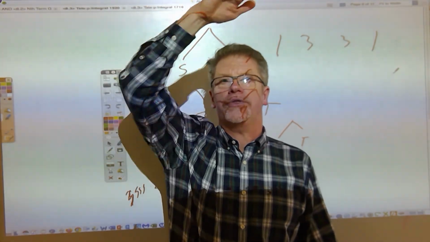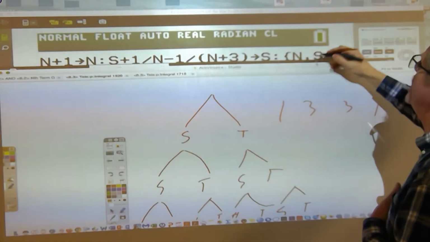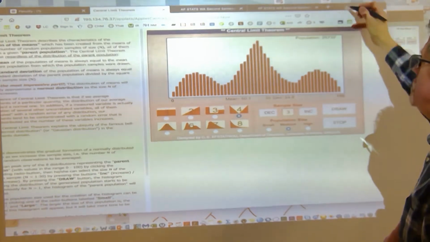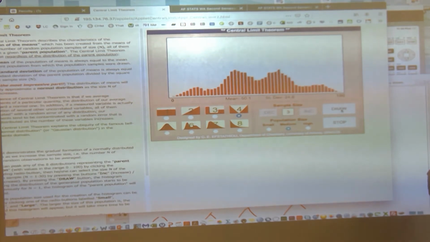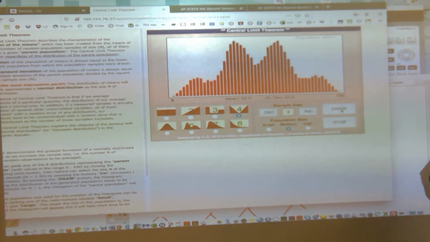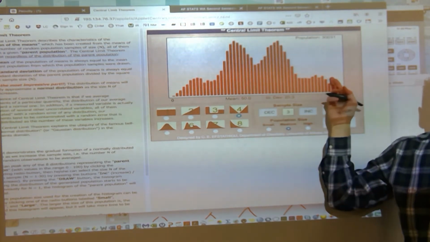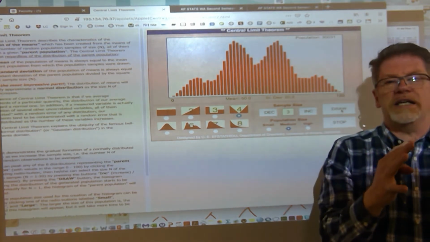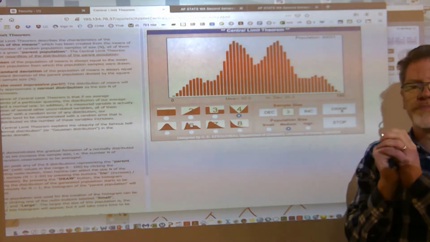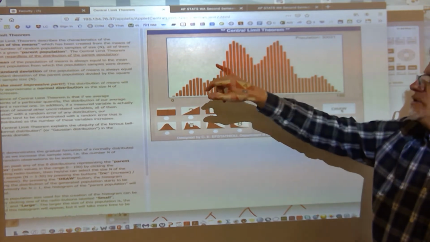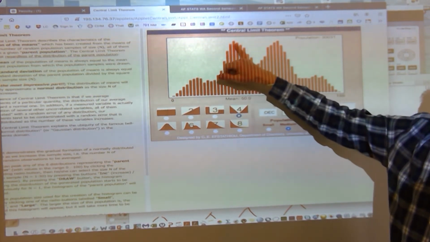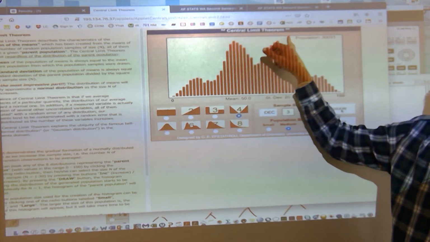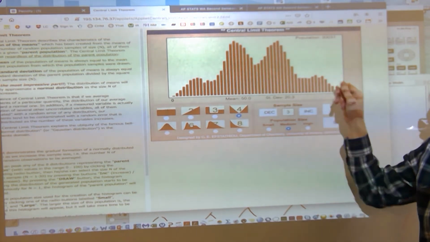If you're doing 1, 3, 3, 1, let's find out. Let's see what this says. Draw. Yeah. Exactly. I was right. Tree diagram, 1, 3, 3, 1. There are 8 leaves collected into 4 categories. 1 out of 8 times you'll get all 3 short people. 3 out of 8 times you'll get 2 shorts and a tall, 1 short and 2 talls, and 1 out of 8 times 3 talls.